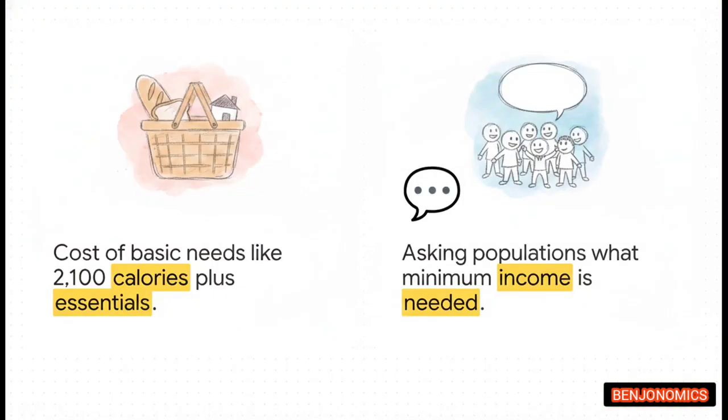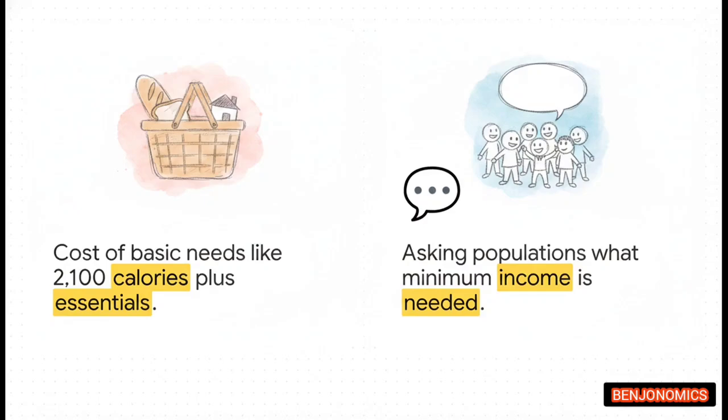All right, let's kick things off with Section 1, Defining the Poverty Line. Right off the bat, to start measuring poverty, we first have to establish the threshold, right? We need a baseline of what it actually means to be poor. And we can basically split the academic debate on this into 2 main methodologies. On one side, we have objective approaches. The most common method here is calculating the literal cost of basic needs. Think of this as the pure math. You estimate the exact cost of acquiring enough food for adequate nutrition, usually around 2,100 calories per person per day,